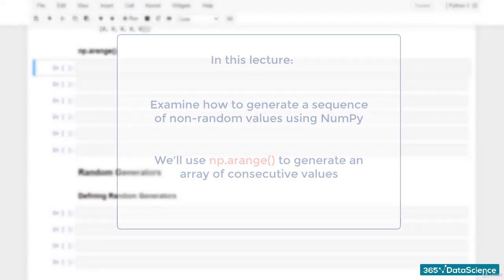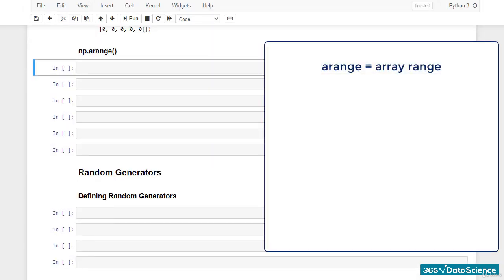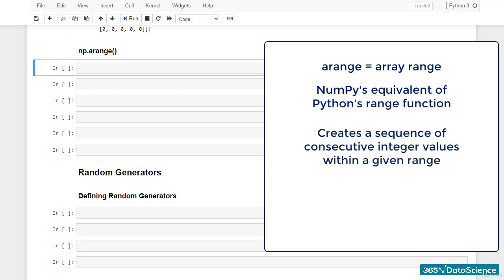All right. So, the name arange is just short for array range, and this function is NumPy's equivalent of Python's range function. By default, it creates a sequence of consecutive integer values within a given range, and returns it as an output. The main difference between the two is that range returns a range object, while arange outputs